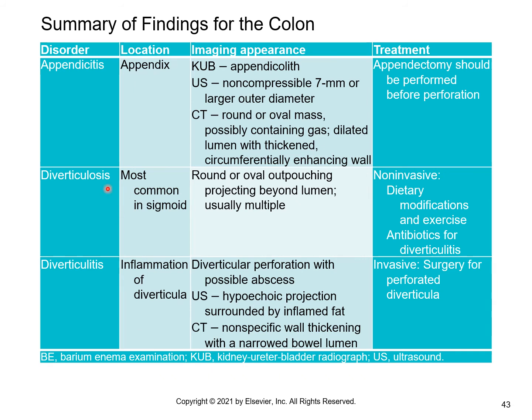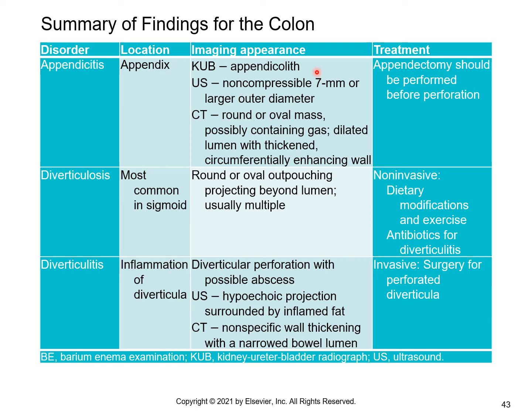Okay, so a really quick review of our findings from the colon. We know that we can have appendicitis when our appendix gets inflamed in that right lower quadrant. It's usually identified clinically when you have a high white blood count, nausea, and vomiting, and rebound right lower quadrant tenderness. On a KUB, we can see an appendicolith, which would typically be a fecal lith or a stone stuck in